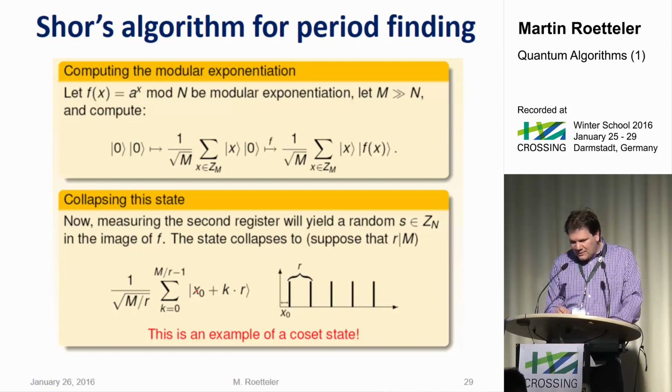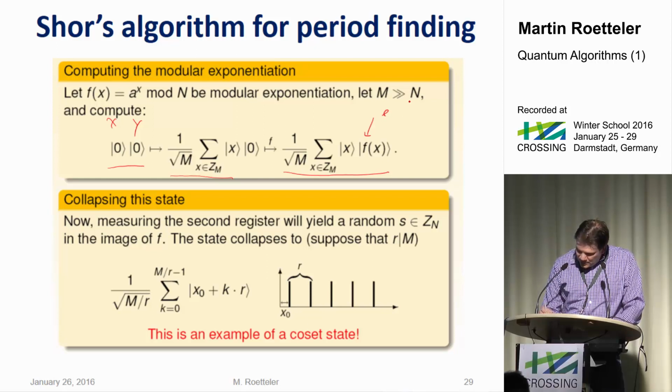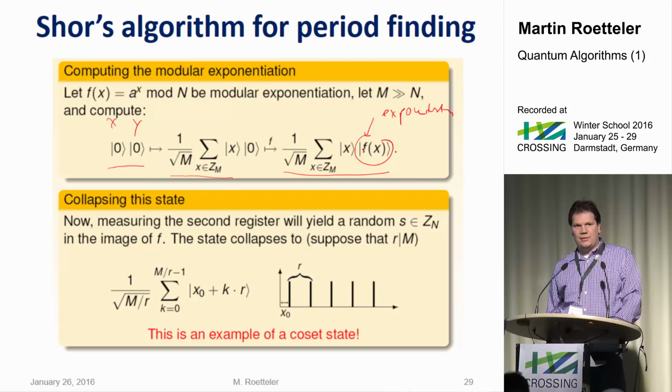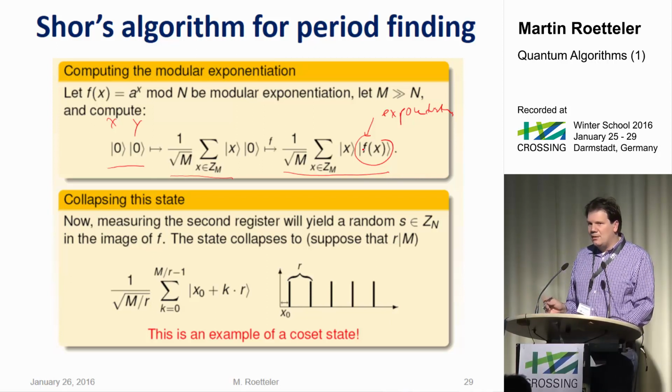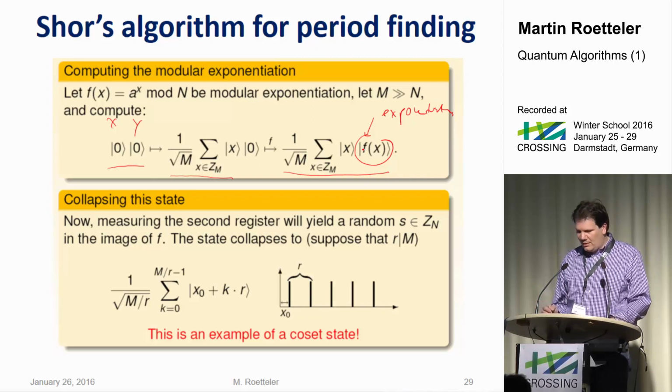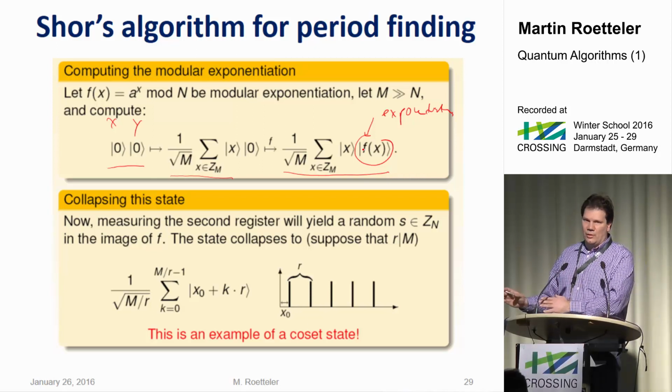And mathematically, what happens is this. So you would start with the X register and the Y register in a fixed state. Then you create all the inputs to the exponentiation map. Then you compute the exponentiation map for all the inputs. That's the map F here. That's exponentiation. And then you would observe this second register. Okay? That's actually something you only have to do for the sake of the argument. In practice, you don't even have to observe it. It will equally work if you just ignore it from then on.